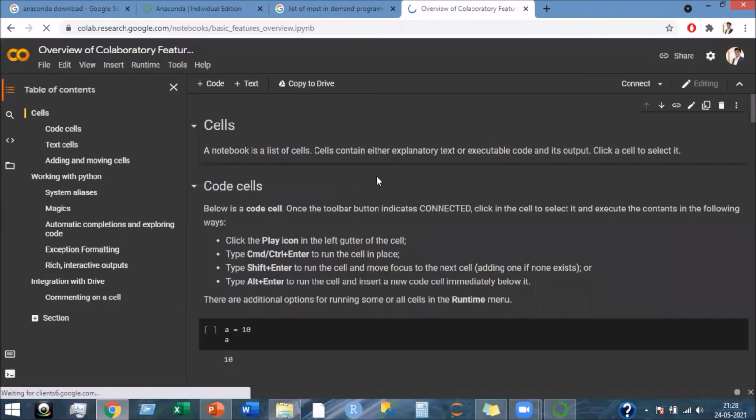Please keep in mind that whenever you want to run Google Colab, make sure you are logged into Google through your Gmail ID, because whatever you work on is going to be saved in your Google Drive. So here you can click on new notebook.